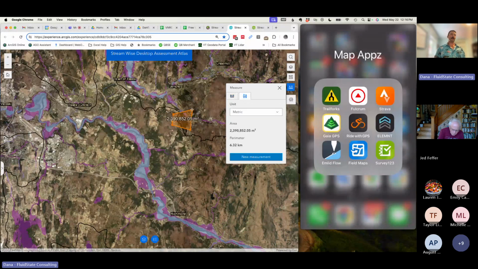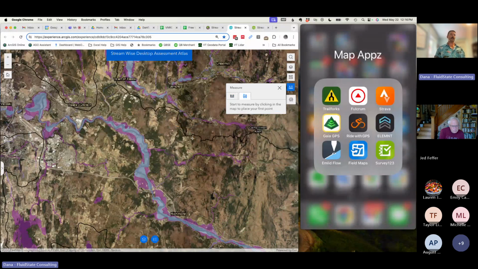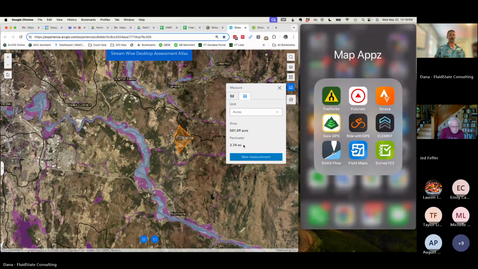Same thing with polygons. Click a polygon, double click to finish it. If you want to see it in acres, switch it over to acres. If you want to make a new measurement, just click new measurement and Bob's your uncle. So that's that right there. That's really a valuable tool for when we're measuring buffer width and determining can it be acreage or buffer acreage,